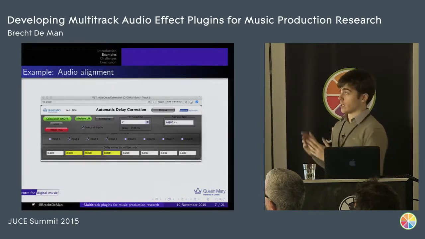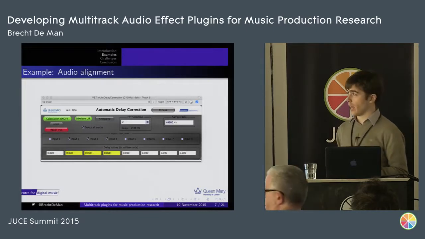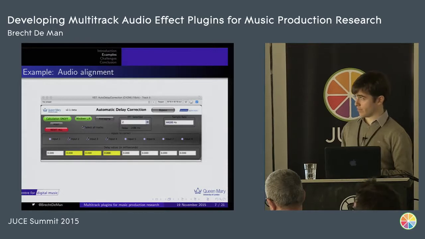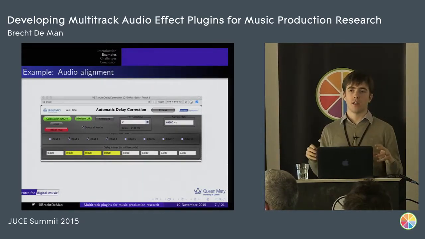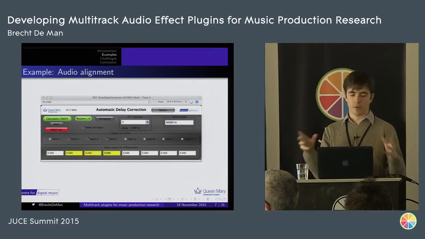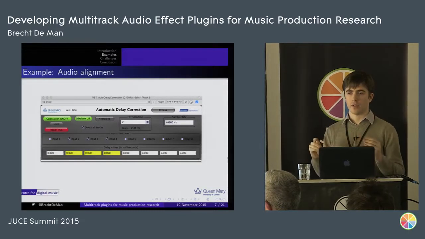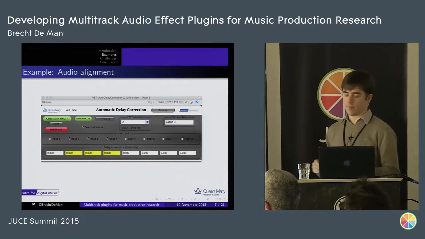The automatic delay correction plugin is an implementation of an algorithm, again developed at the Centre for Digital Music, which, if you have different audio streams, let's say there are different microphones at various distances from the same drum kit or piano, aligns them so that you don't get this comb filtering, which you get if there are delays between different audio sources. So this does that with near sample accuracy,